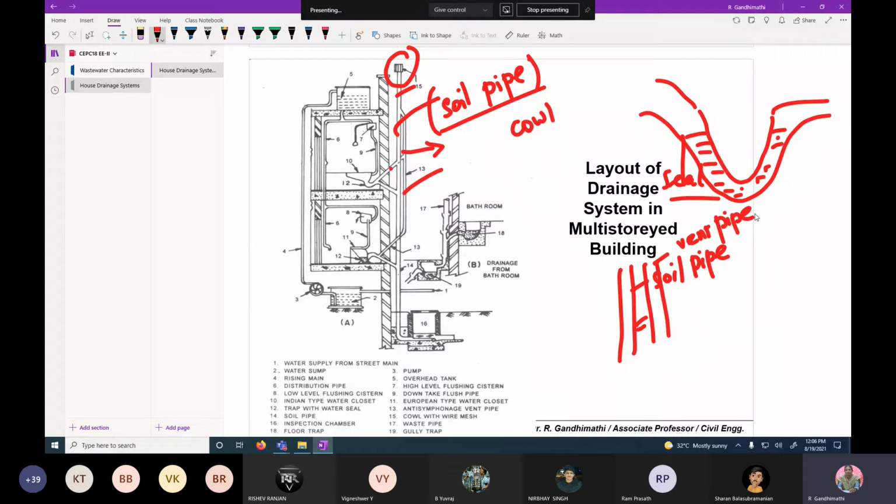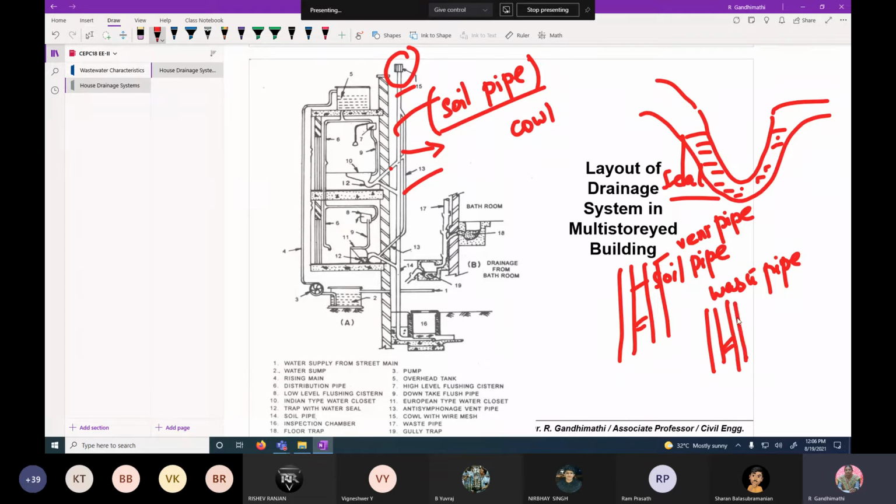Then the second one is the waste pipe. Waste pipe will carry the sullage, especially from the kitchen sink and from the wash basins. Then this also is to be attached with a vent pipe.